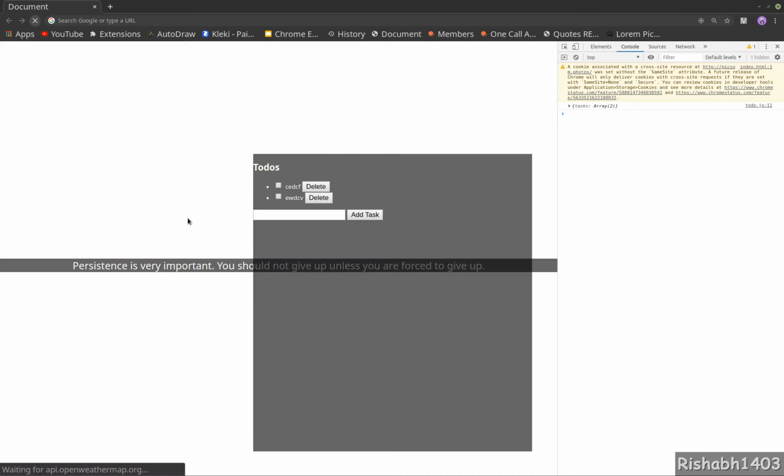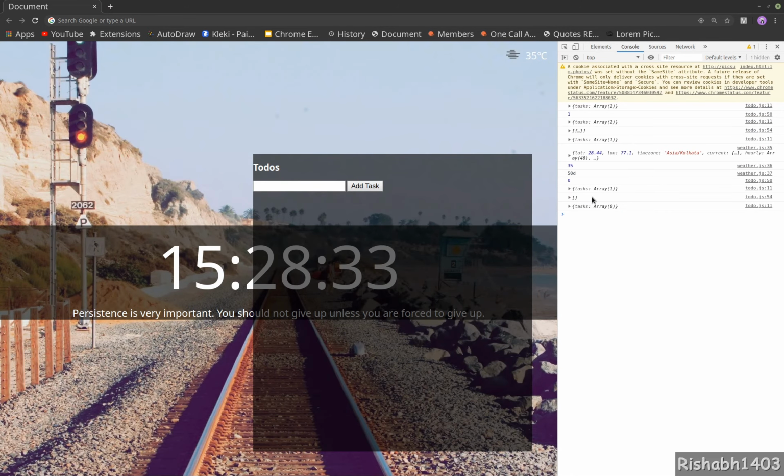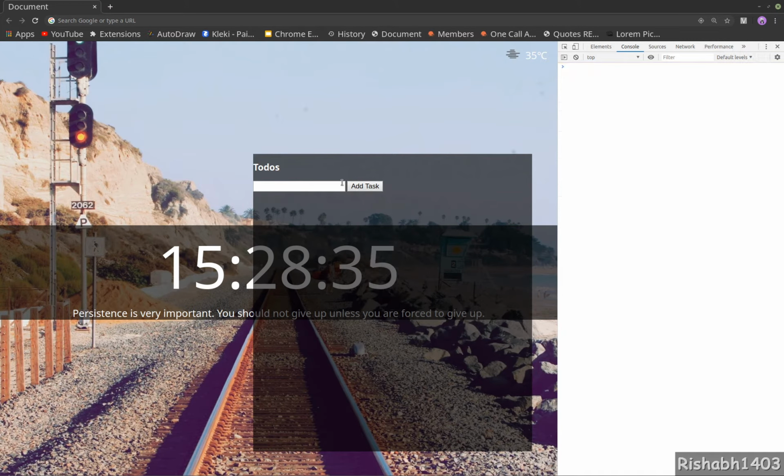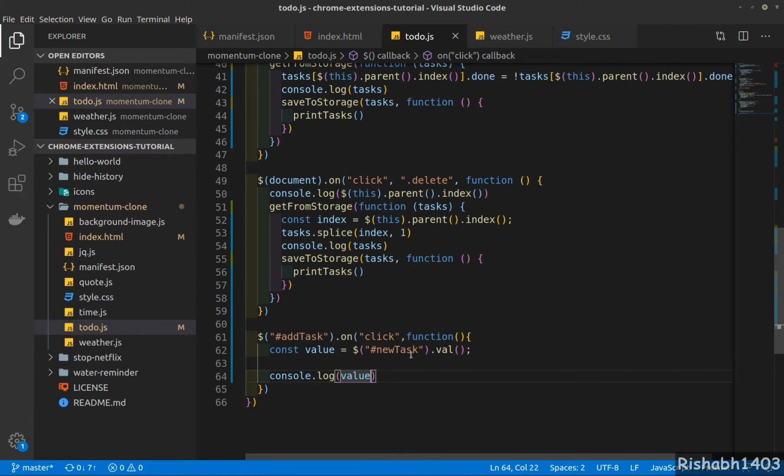So we'll refresh. I was working earlier, so this is from there. Don't really worry about that. You write something and click, and you see that the click handler is working fine. Now we need to add it to our storage. So first what we'll do is we will get our current tasks from storage. I'm just going to copy this,